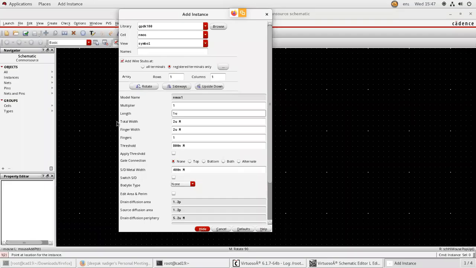So type length as 1U and width as 20U. Only type U, don't type any units. The tool will automatically take it in meters. After changing this length and width, press hide.